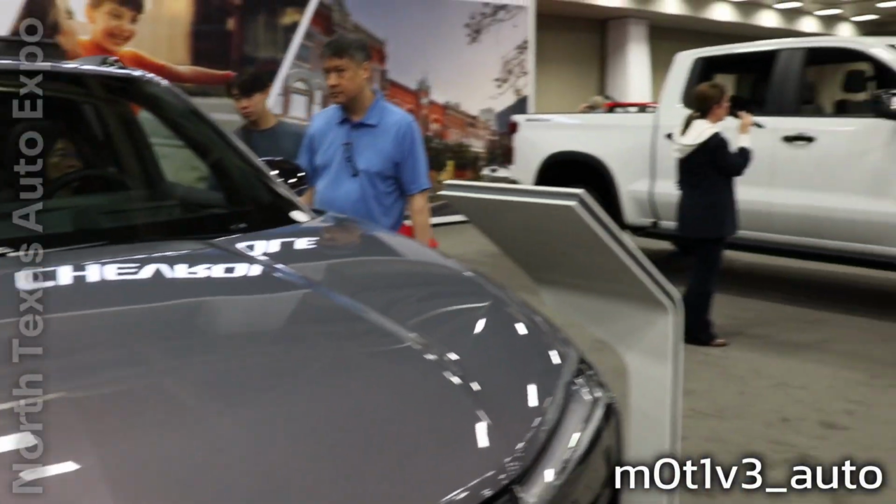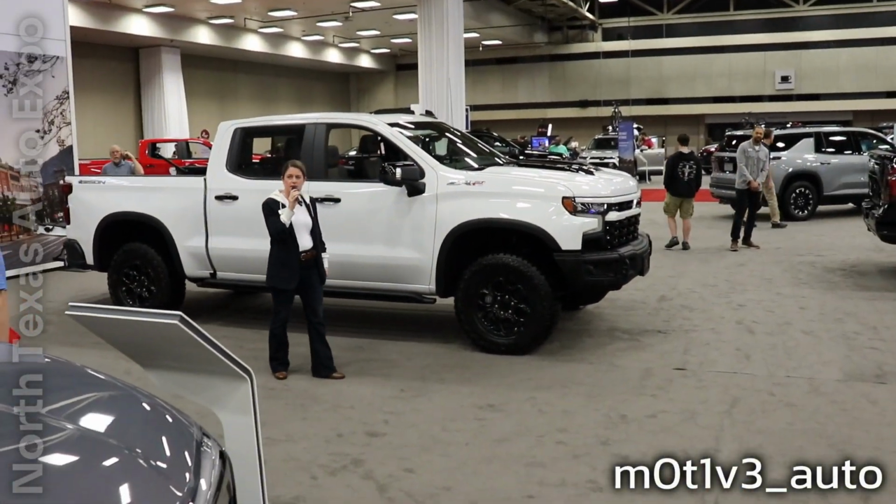This is the Silverado ZR2 Bison Edition. Now the Bison Edition was built in collaboration with...